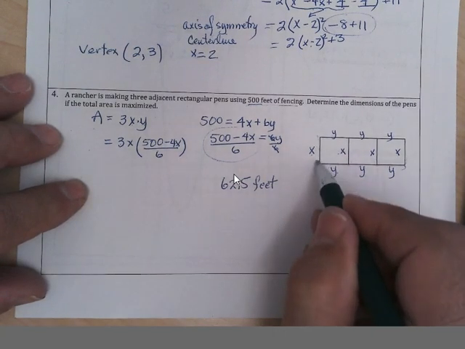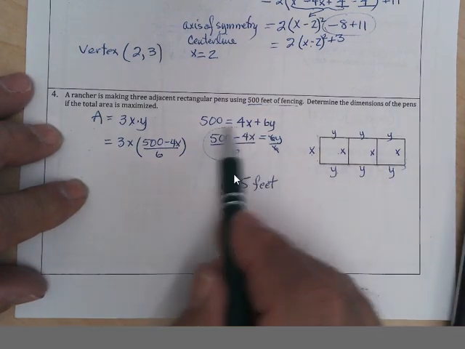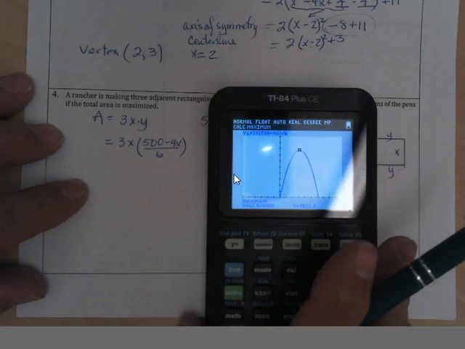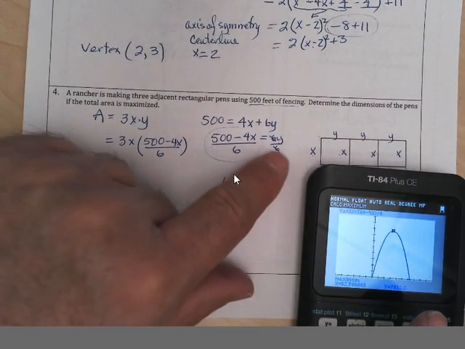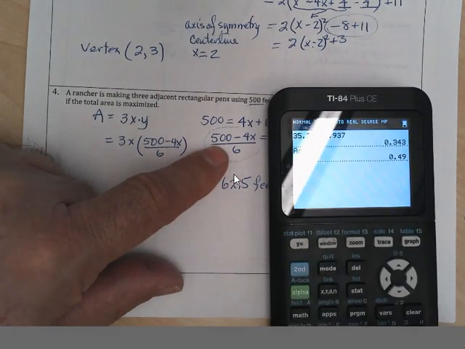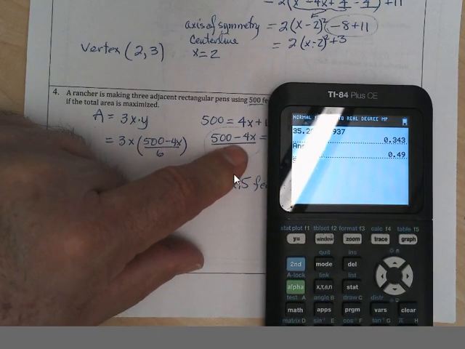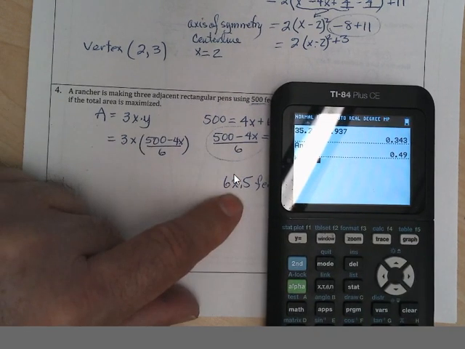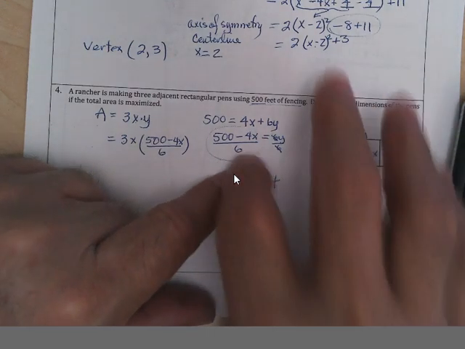So this direction is 62.5, and I've got to figure out the y, which I can just use this, but this gives me the area. I don't want that. I want the y. So I'm going to quit here and go 500 minus 4 times 62.5, and I get 250 for all of the y, and I'm going to divide by 6,